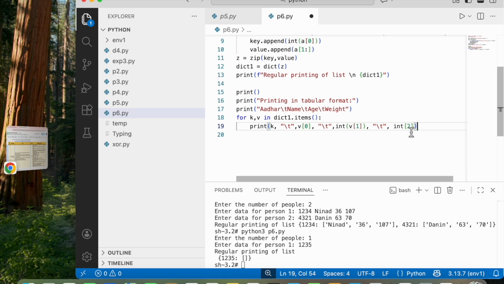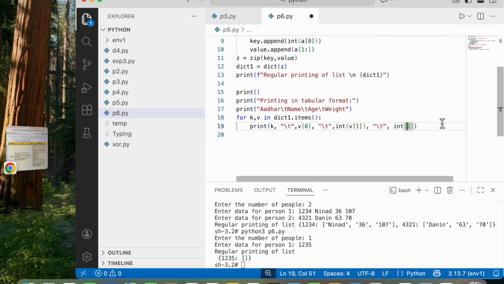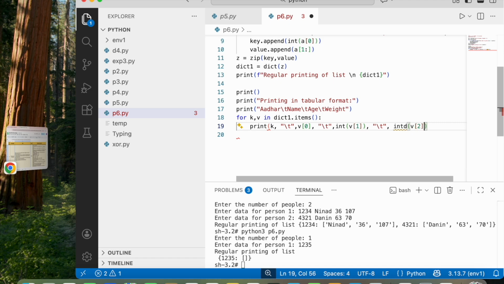So what is given over here? Int 1, this is the name, the age, and the weight. Okay, so we have all of these saved over here. Name, we do not require any type conversion. Age we do, and here as well. So this is not int, this is int of v of this. Okay, alright, so now